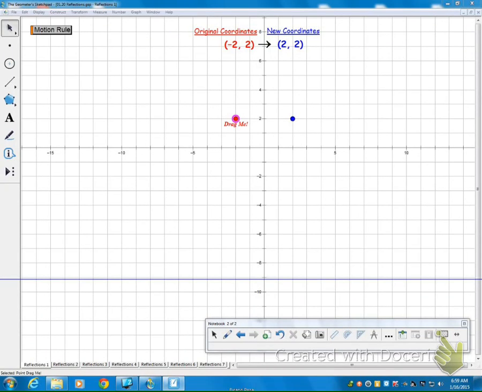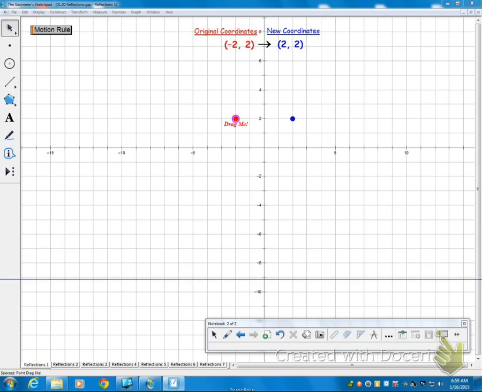Alright, now we want to talk a little bit about reflections. Now with reflections we're going to see two main types. We're going to see reflections over our y-axis and reflections over our x-axis. So we're going to start at looking at a reflection over our y-axis, and we're going to focus on this